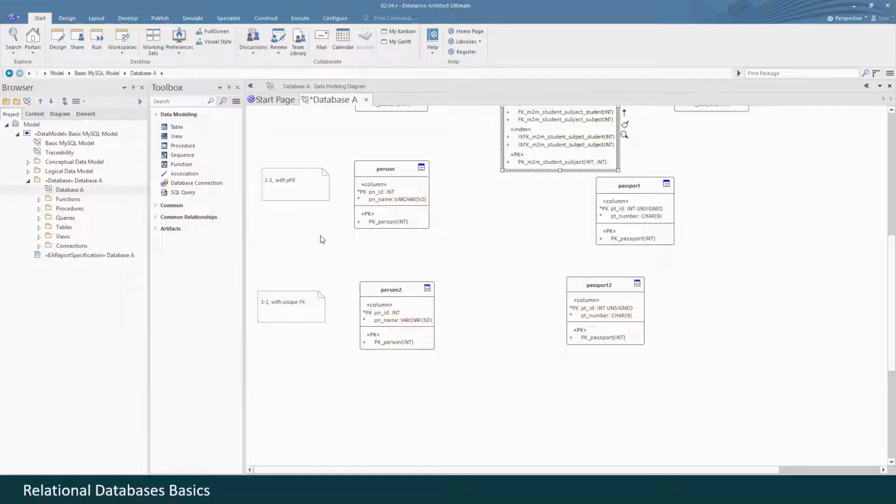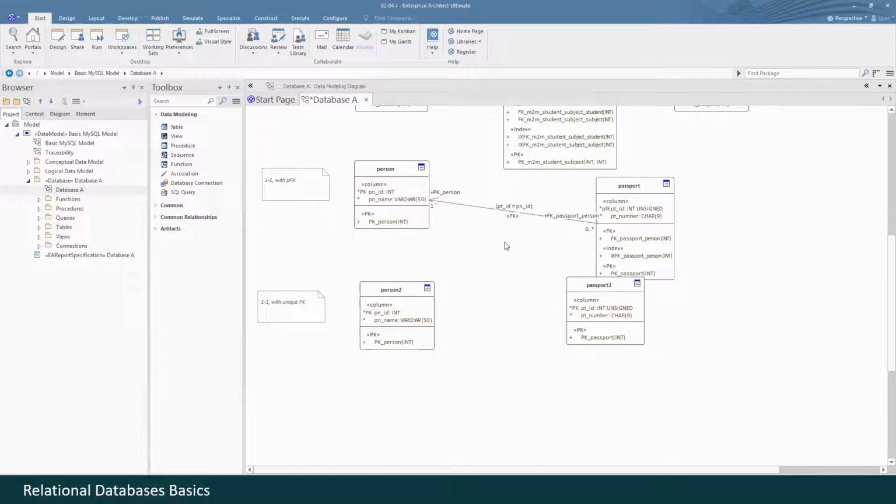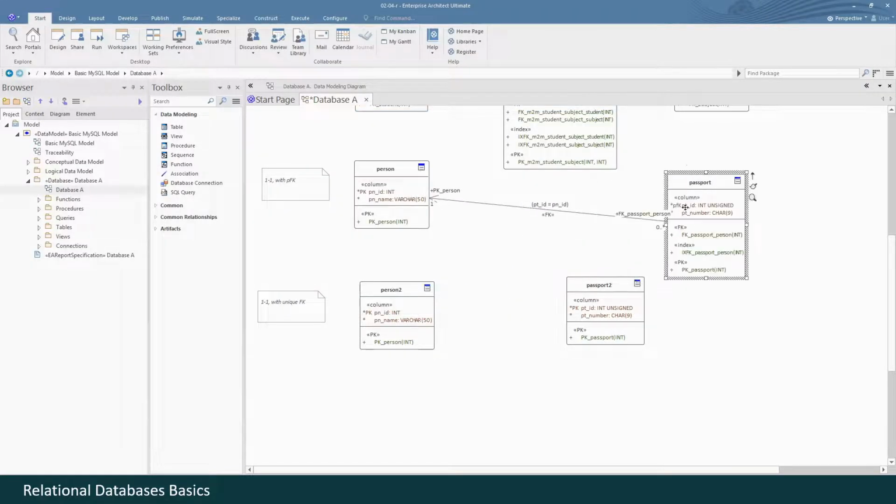And the only thing left is one-to-one relationship. The first approach is to use primary key. So we shall use this association tool, connect our relations, and we see with parent relation the primary key, with child relation we shall select its primary key also. Here it is, here is the result. We may easily see that that field is PFK, primary foreign key. That's good, that's one-to-one relationship.